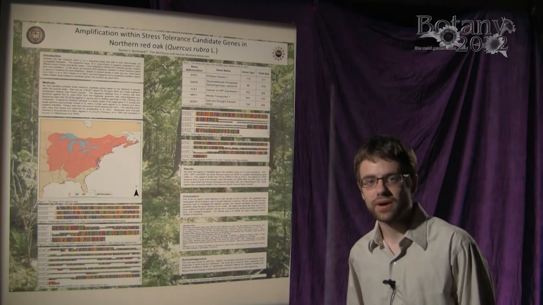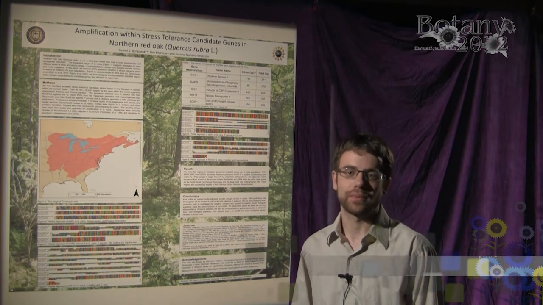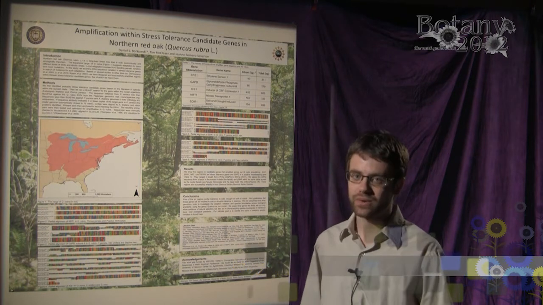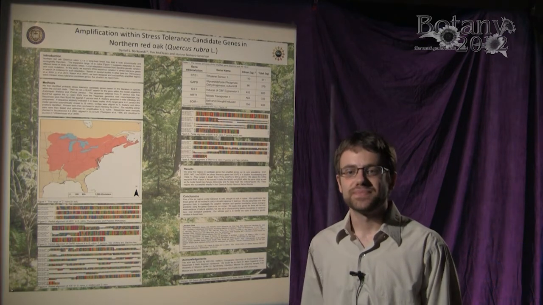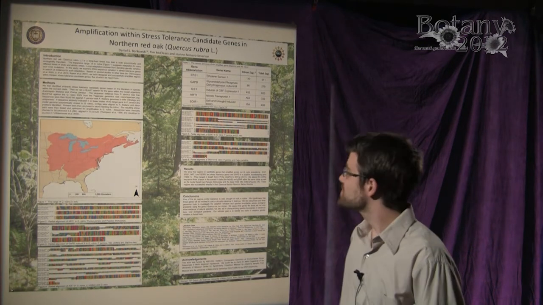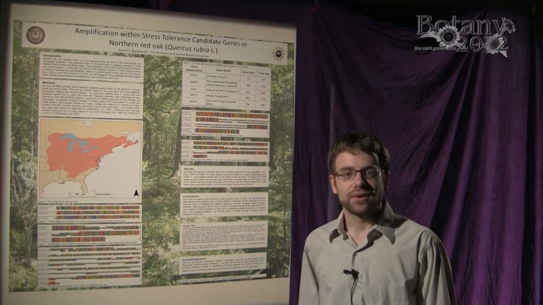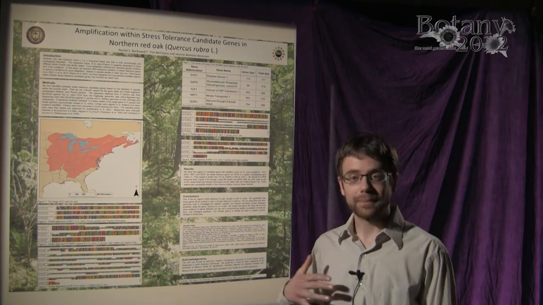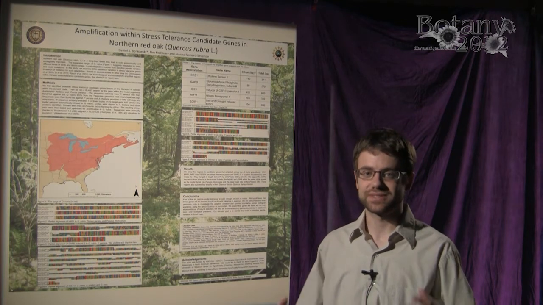Oak is a very widespread eastern North American forest tree that has a lot of economic and ecological importance. Acorns are an important food source, and the wood is important in making furniture. Over time, after the Pleistocene, oak trees migrated very rapidly from south to north, and there is this massive